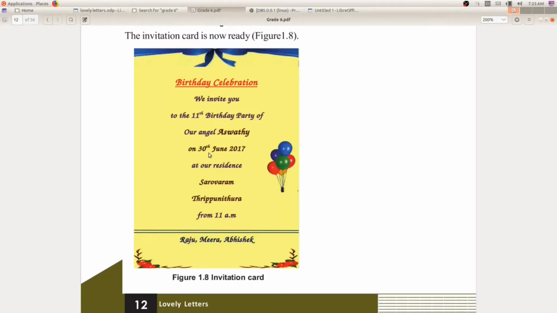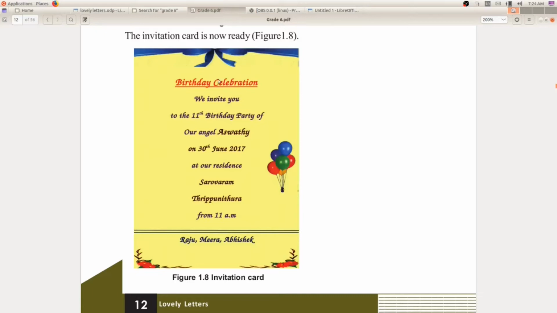Yes, we have inserted pictures. You can see here the balloon picture. Here there is a ribbon. Here there are some flowers and all. Okay, so these are the pictures we have inserted in this invitation card. And there is some text written here, and there is a heading, Birthday Celebration.